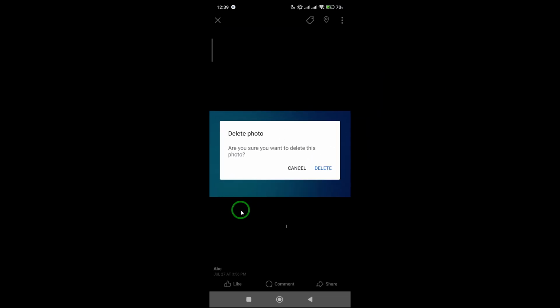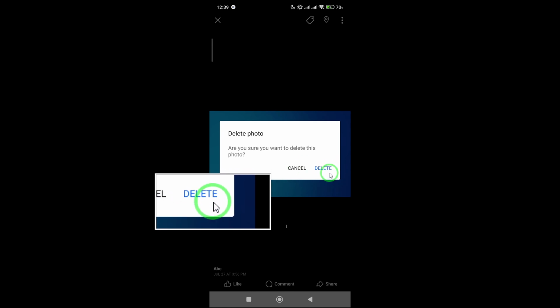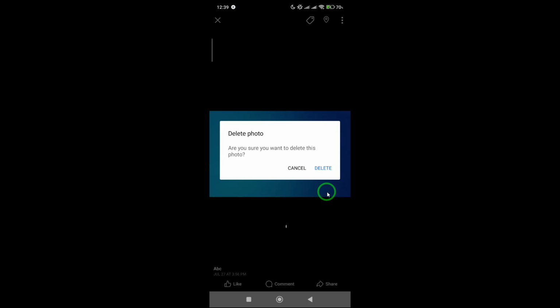A message will pop up asking you to confirm that you really want to delete it. Tap Delete again, and that photo will be permanently removed from your profile. Keep in mind, once you delete a picture, it's gone for good, so make sure you really don't need it